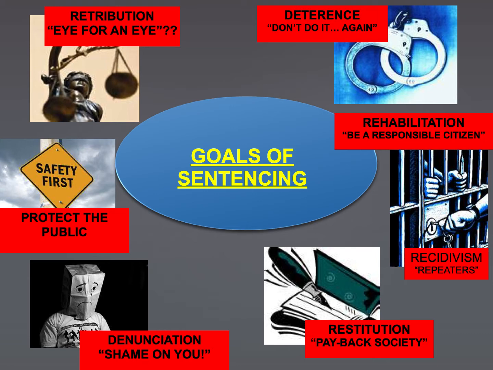A fourth goal is recidivism, which is to punish those who are essentially a repeat offender. They have a criminal record, they've been arrested by the police maybe numerous times, or they are known to the police, they've been in trial. Essentially, there is already a record on this individual, and that also shows why the criminal record is a very important piece when it comes to the Canadian Criminal Code.